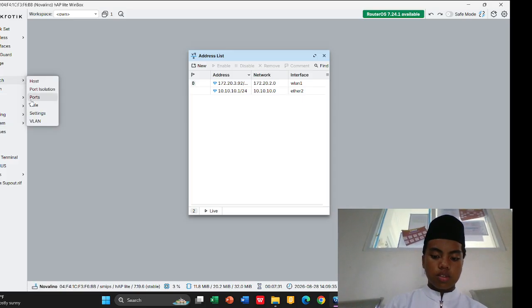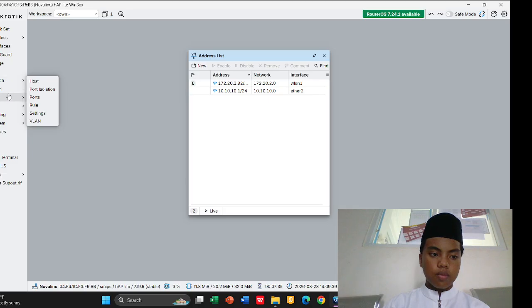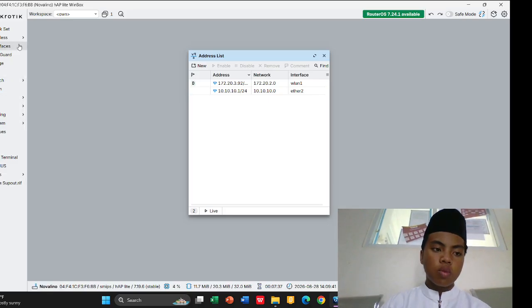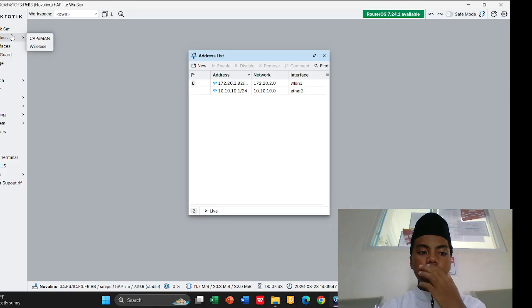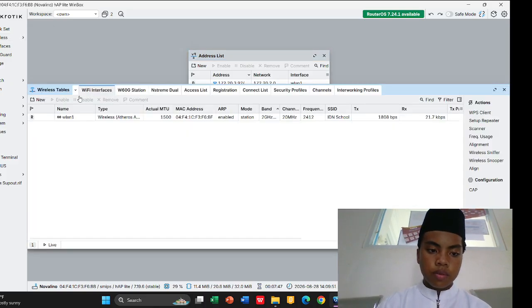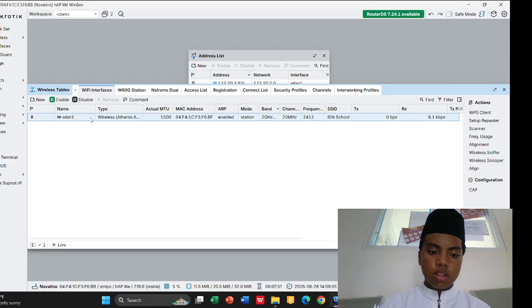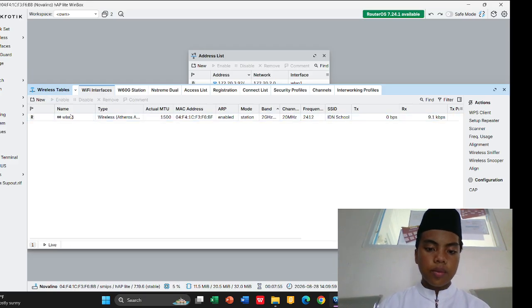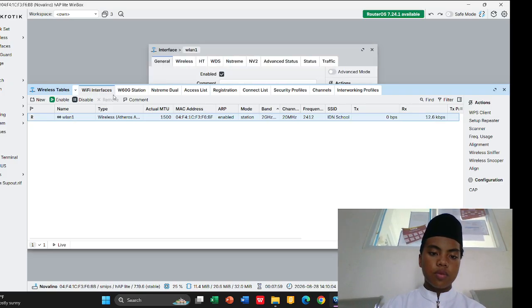the DHCP, I mean wireless. So after you are done adding address list, you guys can go to the wireless, and then go to the Wi-Fi interfaces, and then in here you guys should see the WLAN 1, and then if you guys see the WLAN 1,